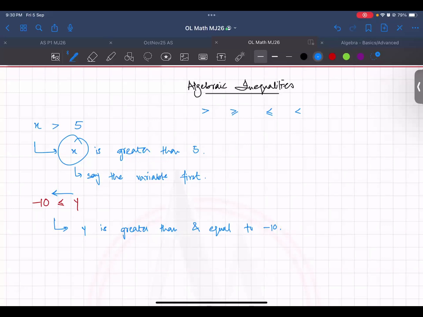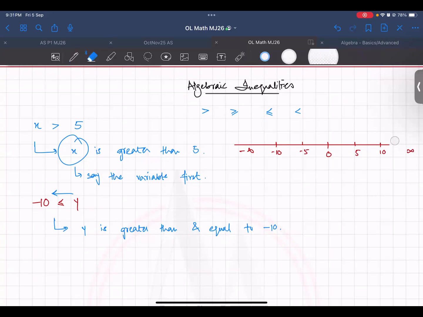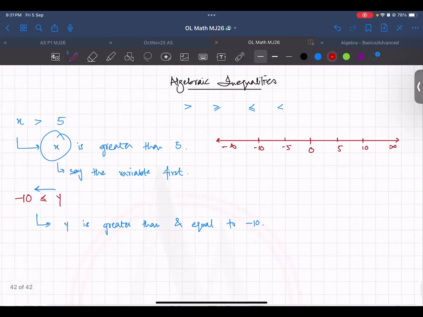And how do you show these on a number line? Showing it on a number line is also very important. A number line is a simple line where you have numbers written down. Let's suppose this is 0, this is 5, this is 10, this is -5, this is -10, up until positive infinity and negative infinity. Anyone knows what infinity is? Numbers keep going, they don't end. An infinitely large number, larger than the largest number that you can think of. 1 million, billion, trillion. It is the largest.